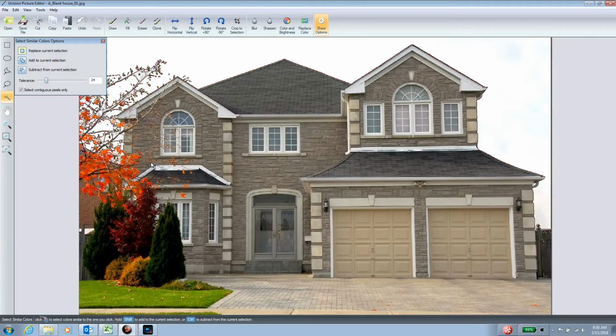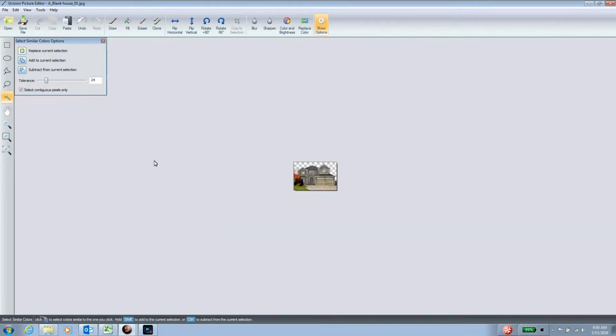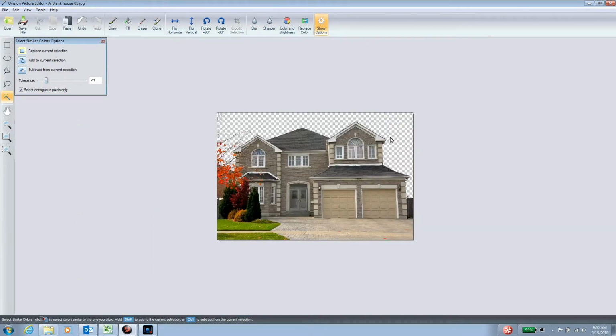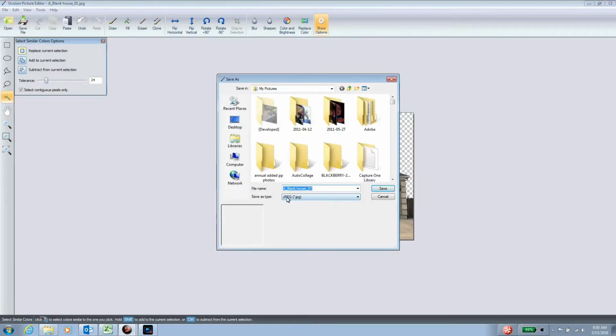Once you have that, just push the delete key and you'll now have a transparent background behind your image. All you do now is go in and Save As. Make sure that you change this JPEG over to Targa, the TGA file extension. It's recommended for best quality, and it will maintain your transparent background, which is what you want. So we're going to call this file with the word transparent so we know what that file is. Click Save,